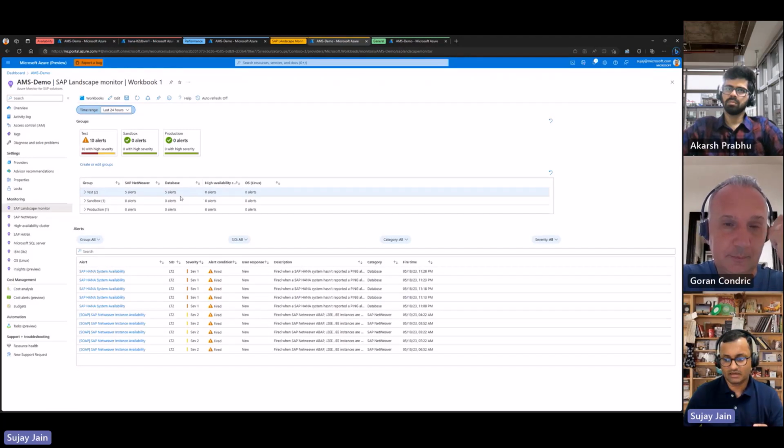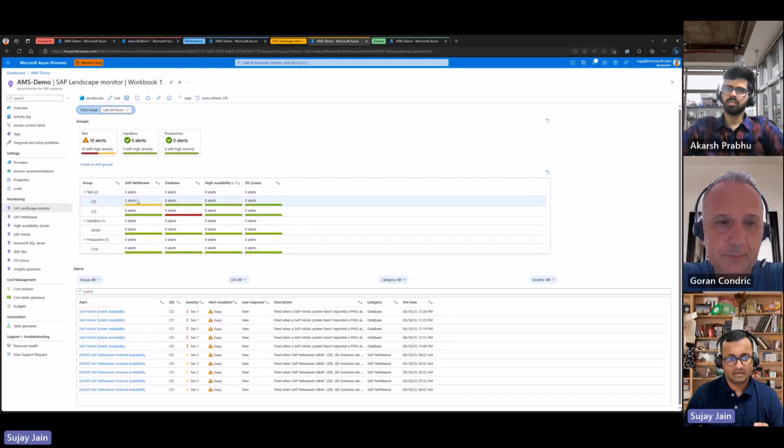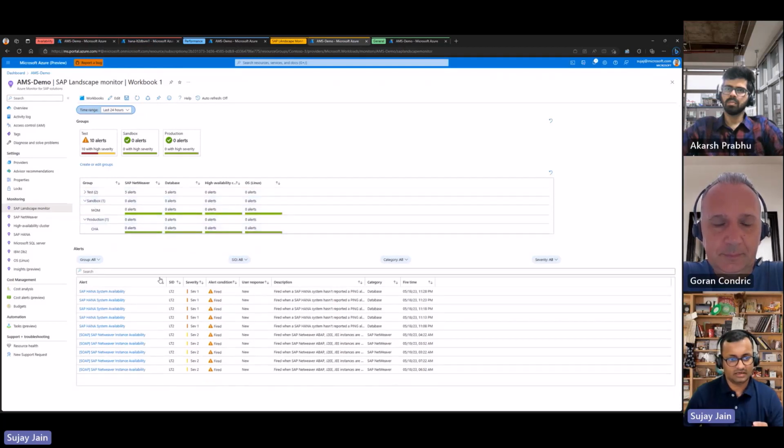You can see how many alerts are being raised, like if there are any alerts raised at NetWeaver level or HANA level. Here you can see the NetWeaver and the databases have some alerts raised. And then when you click on those, you can see all those alerts in the same context where you were trying to see the data. So in this way, you will be able to quickly know where exactly the problem is and which groups or SAP systems I should focus on.